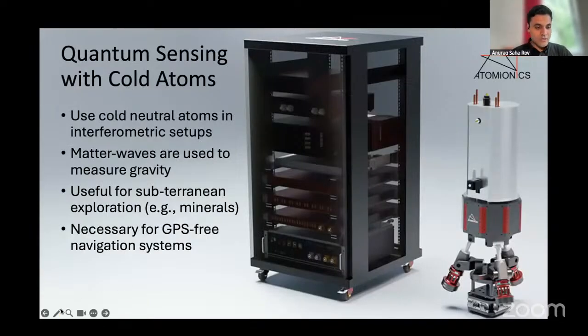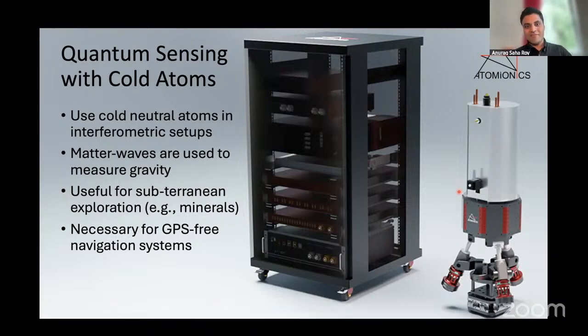These actually use, let me find a laser pointer. So these trap cold atoms in laser fields by making these electromagnetic traps where you can trap the atoms and then you cool them down, and then you can do interference experiments. Similar to how you would have light interference experiments, you can have matter wave interference experiments, and these can then be used to measure gravity.